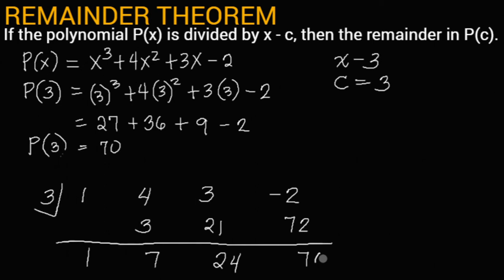Now, let us have another example. Let us have another example. Use the remainder theorem to find the remainder of... wait lang. Example number 2. If we have x raised to 4 minus x cubed